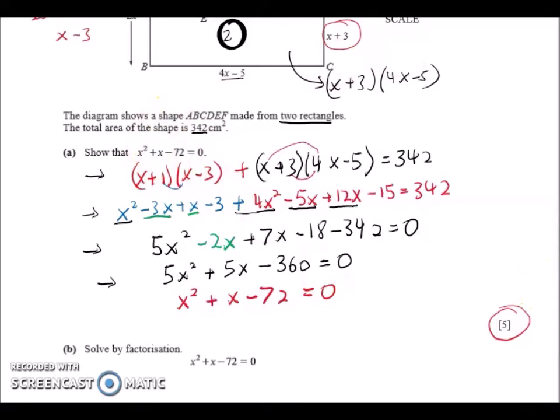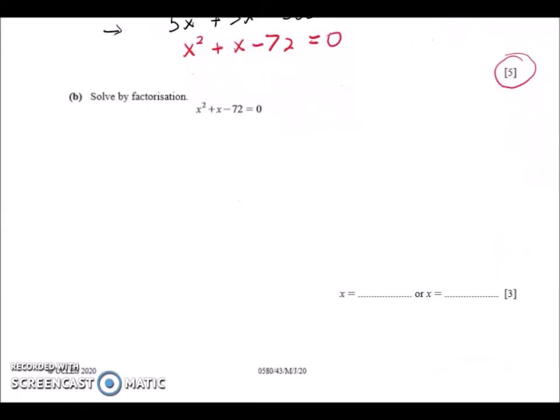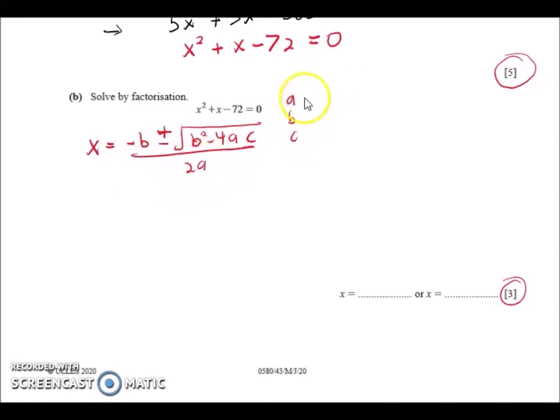Okay, now we move on. Okay, we move on to factorization of this. Okay, so since they give you 3 marks over here, what we can do, we can still using this formula, minus b plus minus square root b square minus 4ac over 2a. Okay, so here we are getting here a, b and c. So a is 1, b is 1, c is negative 72. Okay, so we can make here, I use a black color. Okay, negative 1 plus minus